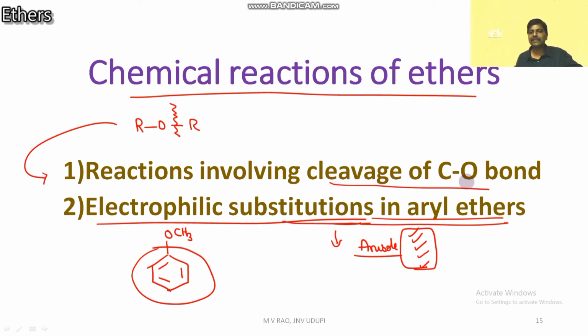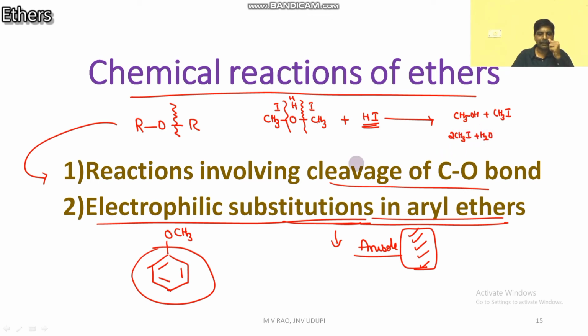What about this cleavage of C-O bond? You take one ether, CH3OCH3. How to break this bond? Add HI. Better attacking agent is HI. This bond will break. H will add to O, I will come this side. So product is one alcohol, another one is alkyl halide. If it is cold dilute, this happens; if it is hot concentrated, reaction will take place on both sides with HI. Then product is 2 moles of CH3I plus H2O.